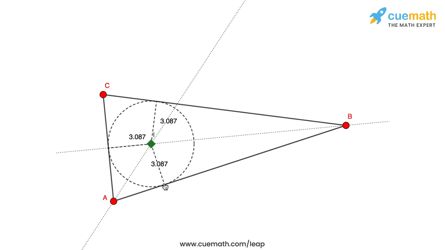The other interesting thing is that we drew two angle bisectors, the angle bisector of angle A, this line, and the angle bisector of angle B, this line. But now you can observe that even if we draw the angle bisector of angle C, the angle at this vertex C, it will also pass through I, because I is also at the same distance from AC and BC.